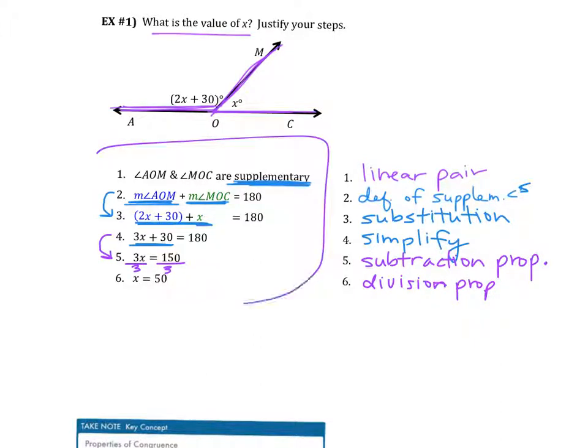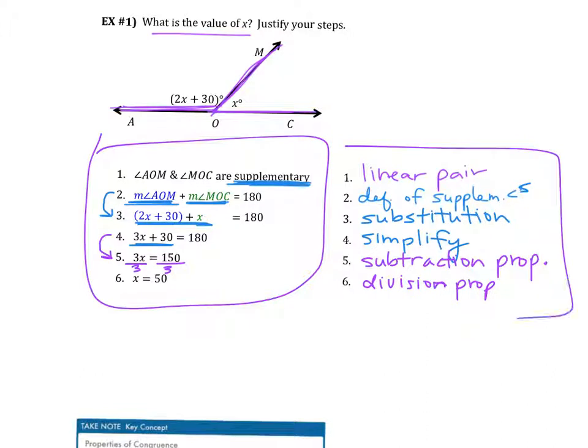Okay, so this part of it you could probably do on your own. This part of it is just the why behind it. Why were we able to do that step? Here's why. Okay, so when they say justify, that's what they're looking for. Tell me why. Okay, questions on that? Okay,